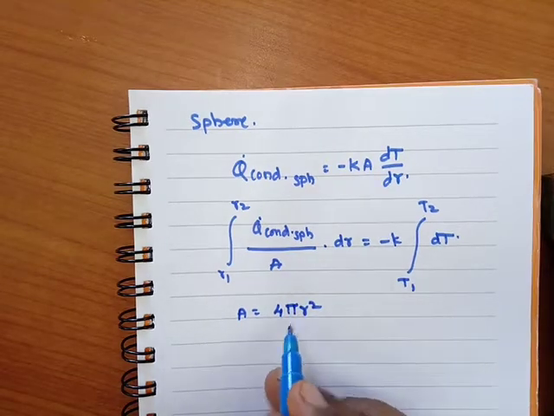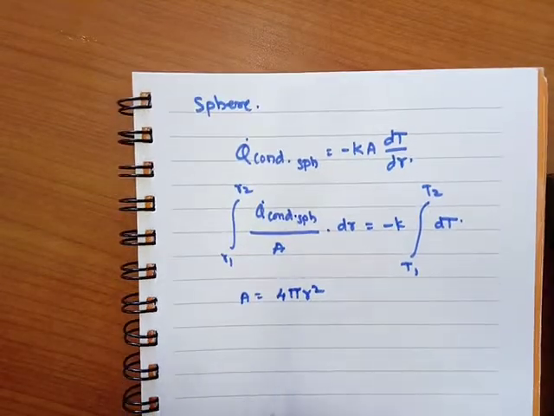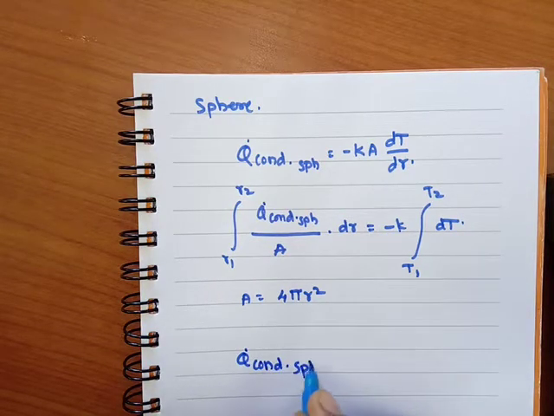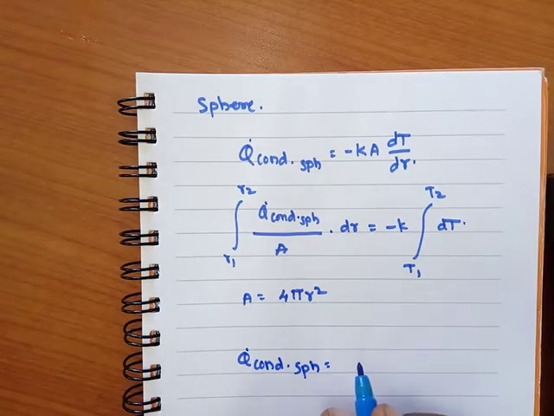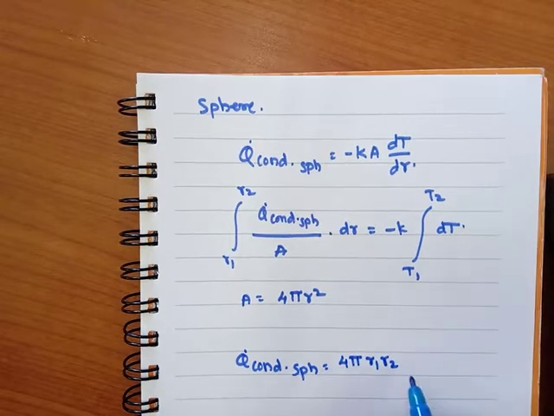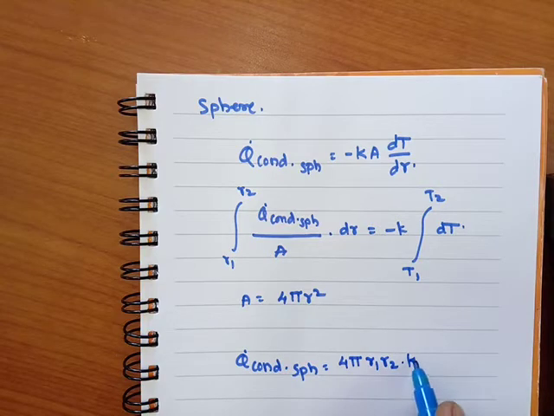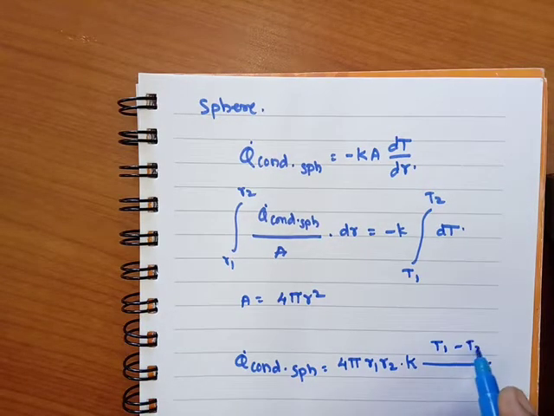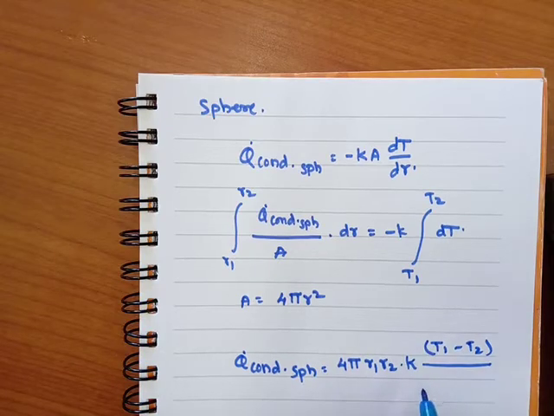If you substitute this value in this equation, we will find Q conduction of a sphere is equal to 4 pi R1 R2 K multiplied with (T1 minus T2) divided by